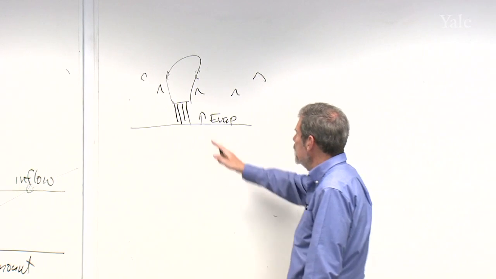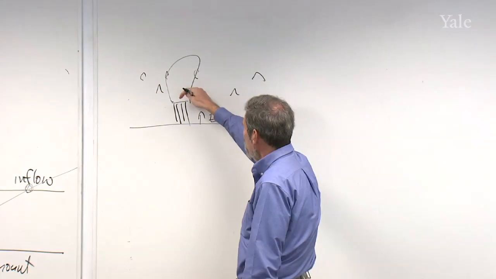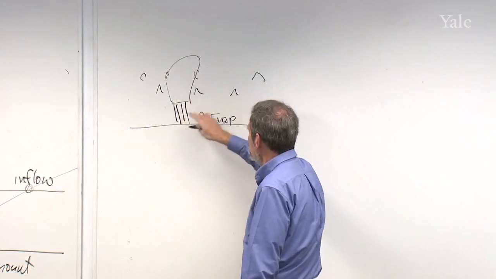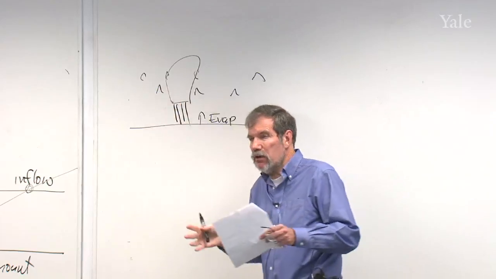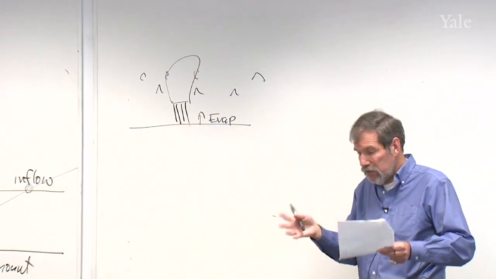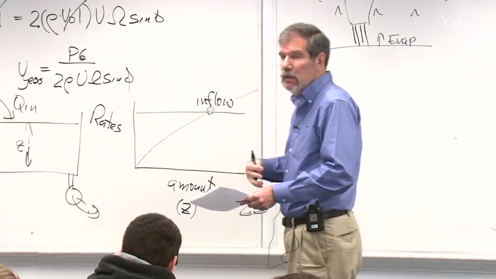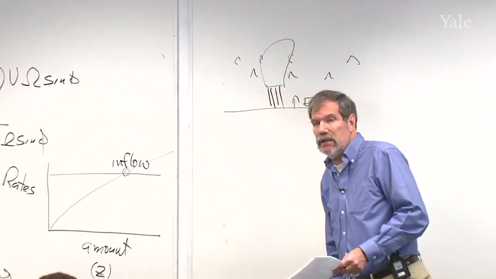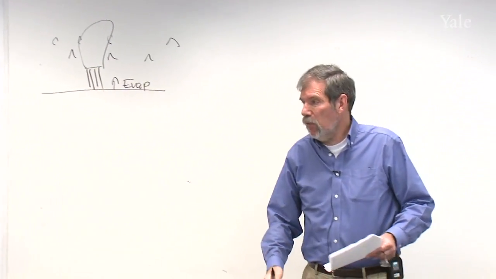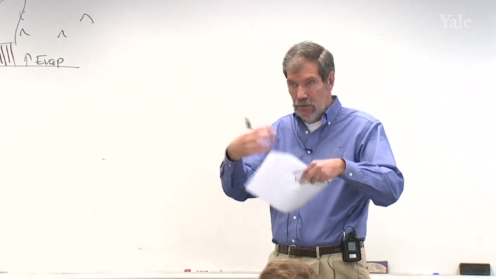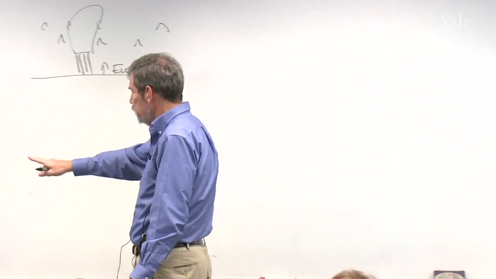And generally speaking, the amount of water you take out per unit time is going to be related to how much water you have in the atmosphere. Well, obviously, if you don't have any water in the atmosphere, you can't take any out. And if you've completely saturated the atmosphere with water, you're going to be raining a lot out. So there is some curve like this,